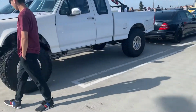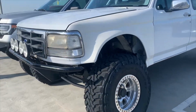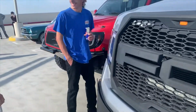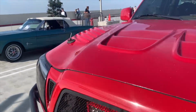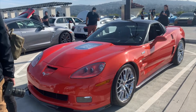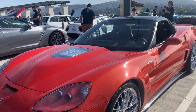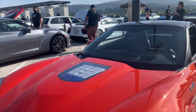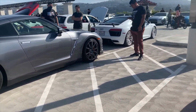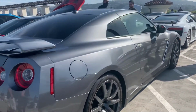Rolling through, very tough looking old, I'm guessing it's an F100 there. Raptor. And then a cool looking trophy truck there. Classic Mustang down here. Gen 6 ZR1, of course running that beautiful LS9 engine. Inferno Orange, not a common colour on a Corvette, so great combination. I bet they didn't build many of those. R35,